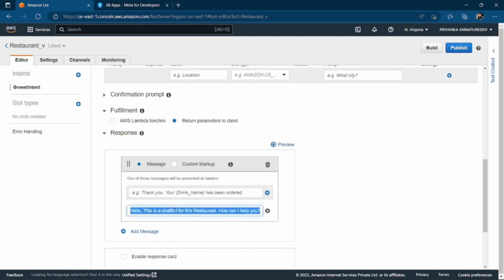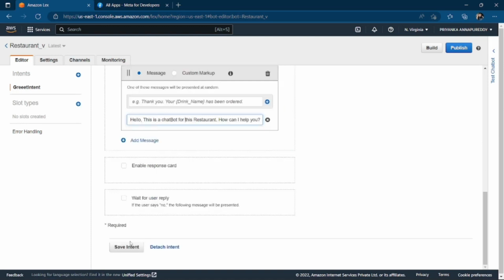This is the sample output given by the chatbot. We need to click on save intent,